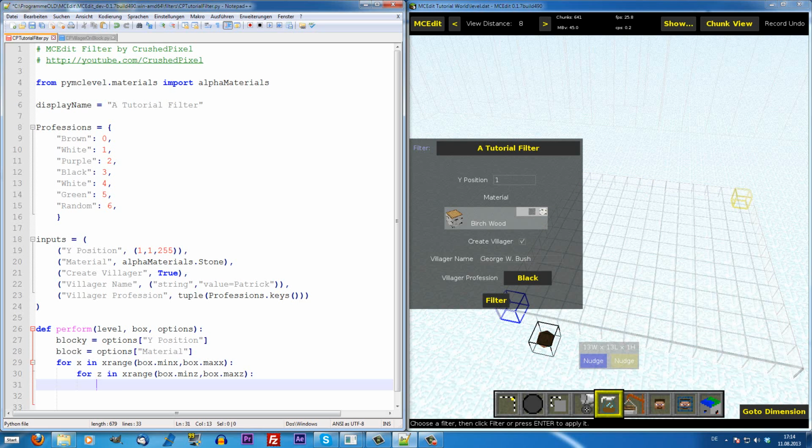And how this works is we write level.setBlockAt, and now we define the coordinates where the block is going to be set, and it's going to be X, which we have from here, then the Y position, which we have got from our options, block Y, and Z, which we've got from here again, and then we write the ID of the block, and the ID of the block we get from here from the options again. We write block.id,